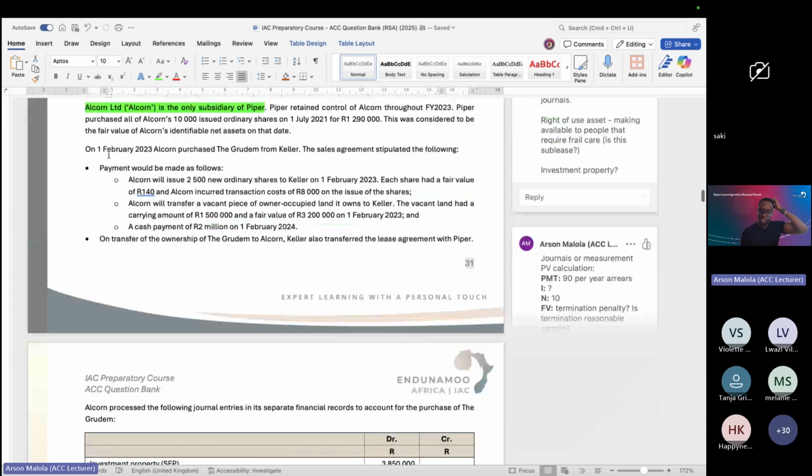So on the 1st of February 2023, Alcon purchased the Grudem from Keller. And this is when my dizziness started. I was like, okay, fine, what's going on here? So in my picture, I've got Alcon, a group entity, purchasing